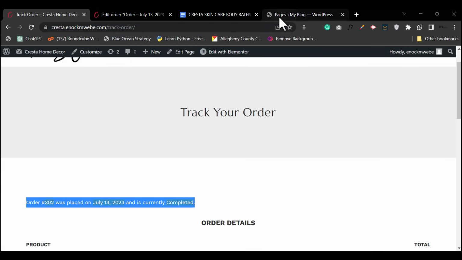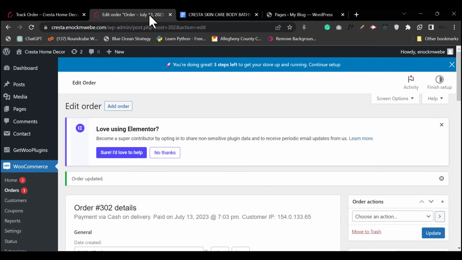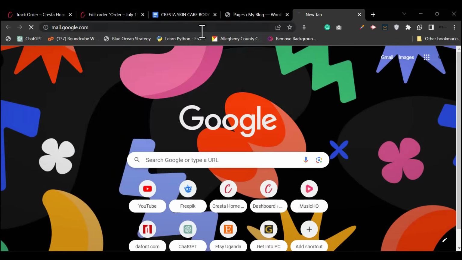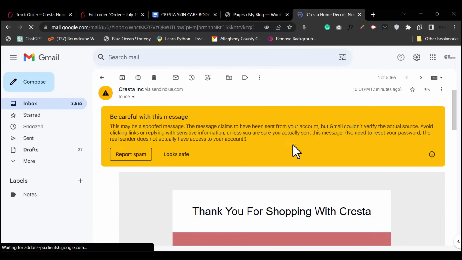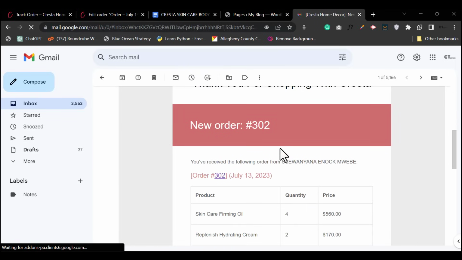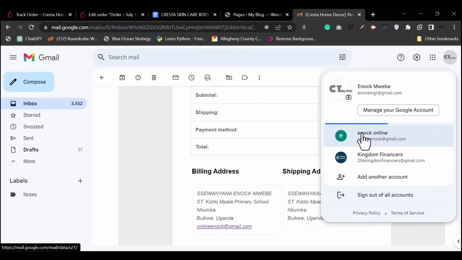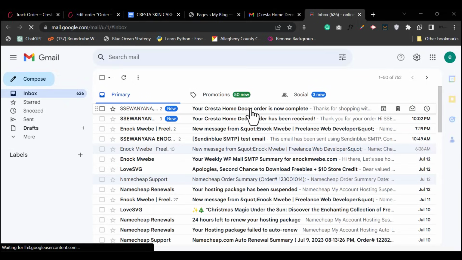Now let me show you the functionality of the email WooCommerce customizer. If I go to my Gmail, let's log in. Once a new order comes in, WooCommerce will automatically generate this email. But now I want to check out the email that goes to the customer, so I'm going to log into the email that I used to make the order right now, and we will see